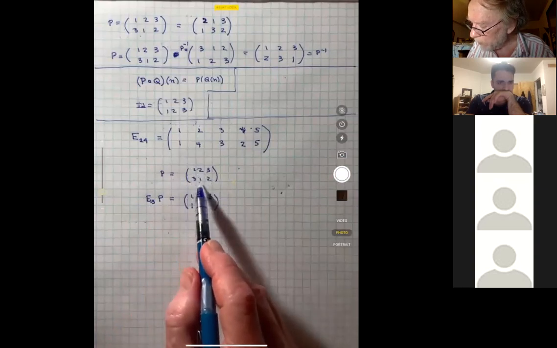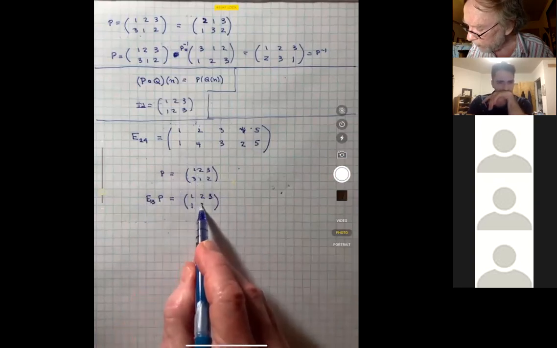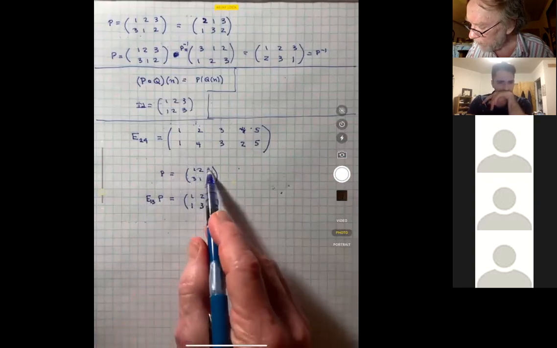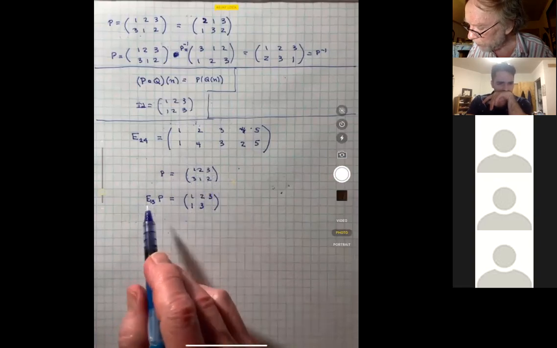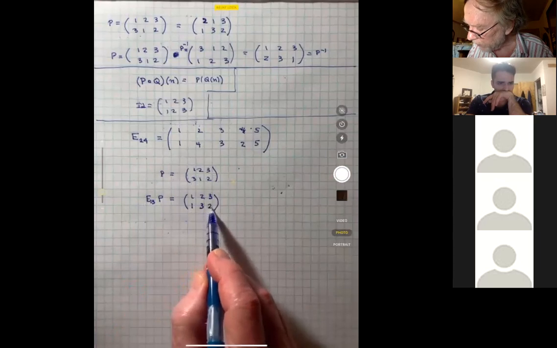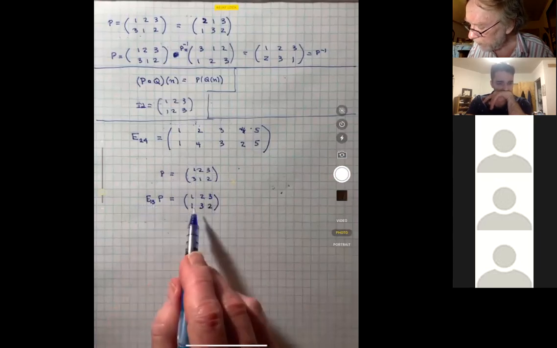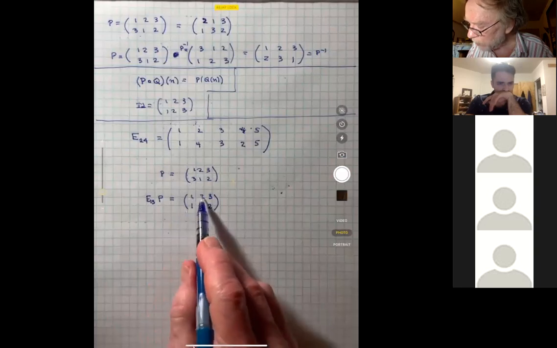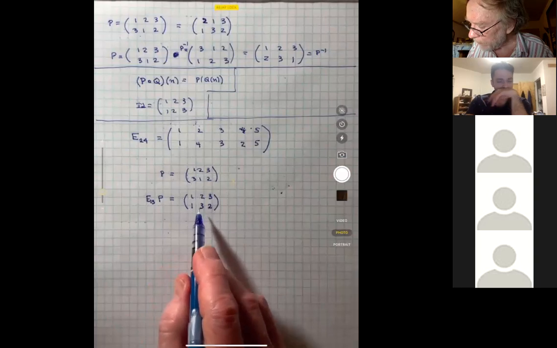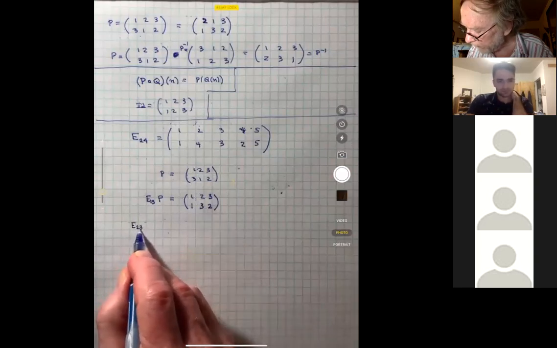Now P maps 2 into 1. And then the E13 maps 1 into 3. So I get a 3 there. And the P maps 3 into 2. And the E13 doesn't do anything to that. So the 2 stays there. So this is the product E13 times P. It's not the identity, as you see, but the first column has been straightened out. Now to fix up the second column, we'll multiply it by E23,